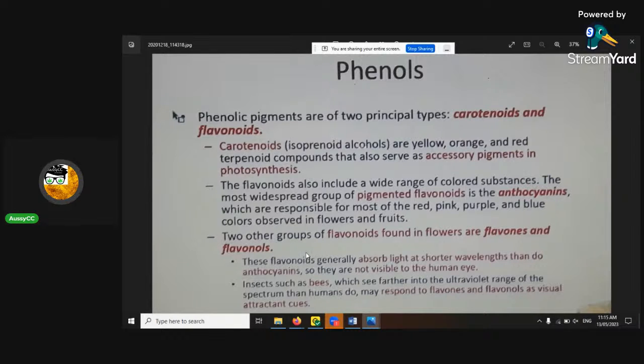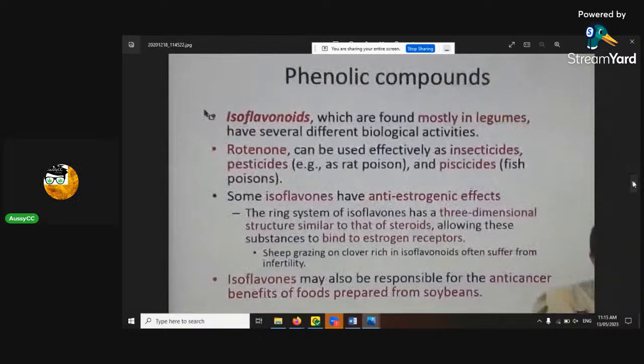And then there are two other groups of flavonoids that are also found in medical cannabis. You have flavones and flavonols. So flavones, O-N-E-S, and flavonols, O-N-O-L-S. The other two types absorb light like UV rays, and they're also good at warding off some insects. Phenolic compounds themselves, I don't think I need to get into that much.